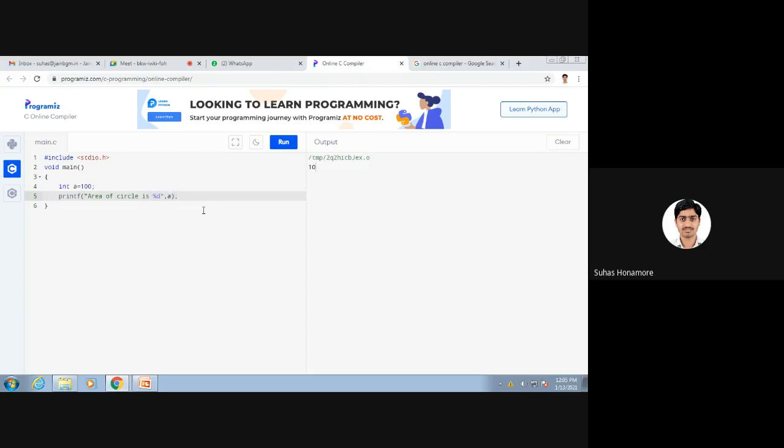So this is the area we are printing. This is the message, the format specifier, and the variable. The message was printed, then the variable value, whatever a contains, 100. Like this it will work.